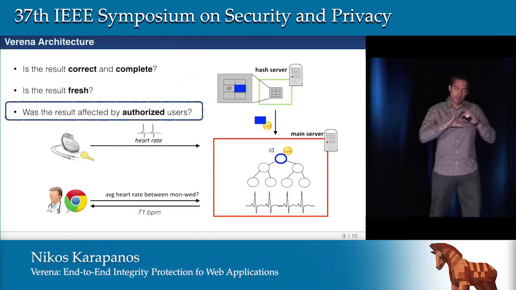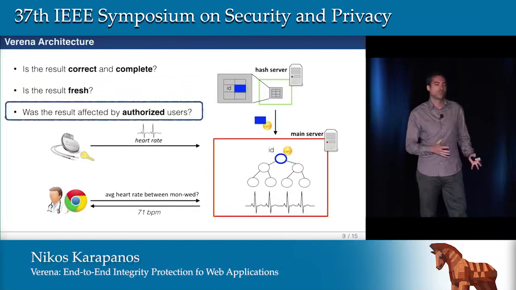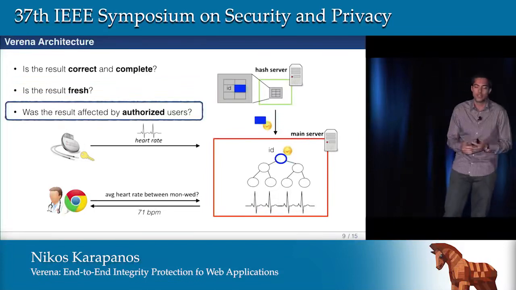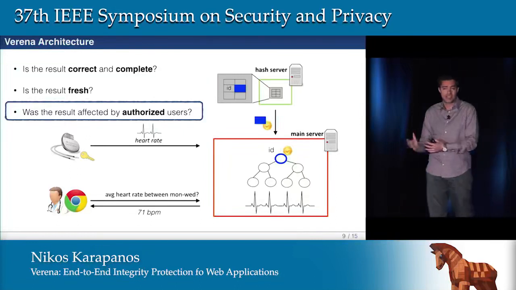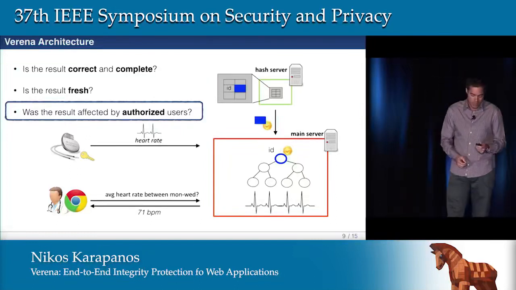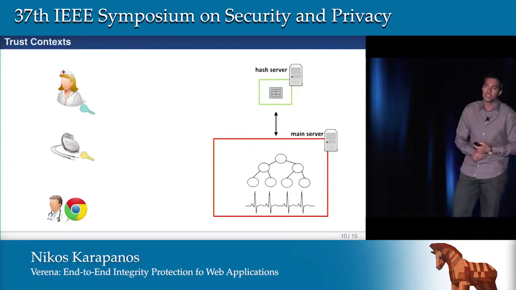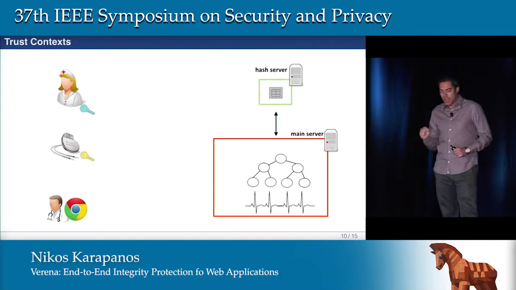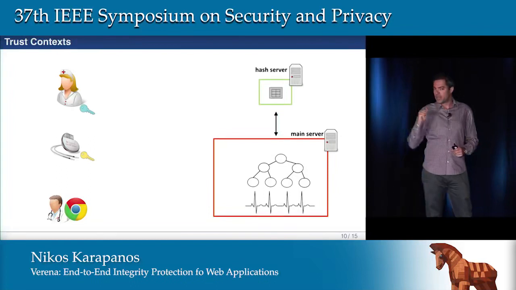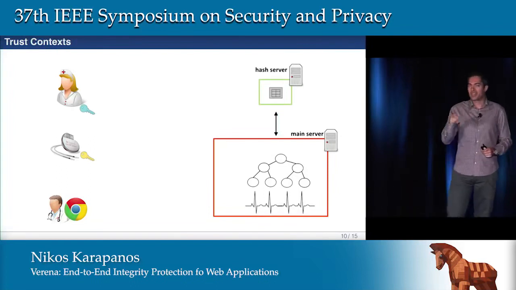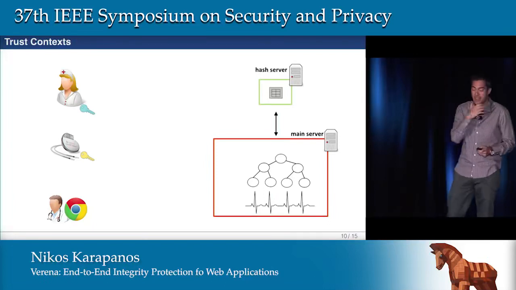And finally, even if all this checks out, we still need to make sure that the result that the doctor got was affected by authorized users. So how do we know that this pacemaker is supposed to be manipulating this data for this patient? And in Verena, we introduce the concept of trust context, which essentially is the group of entities that are allowed to affect the results of some query, of some read query,